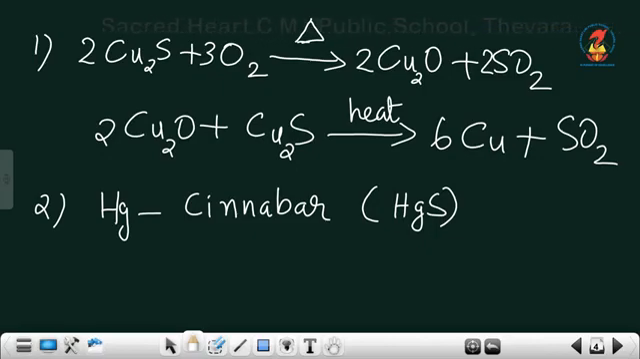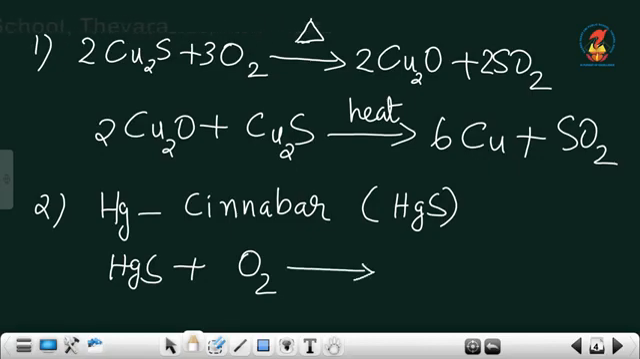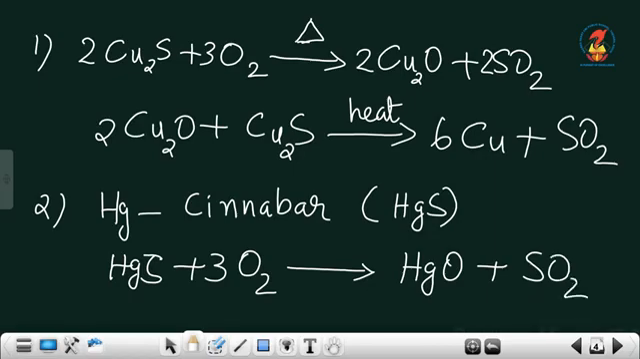First of all, again we are heating that cinnabar or mercuric sulfide in the presence of oxygen. Excess of oxygen we are using for heating that mercuric sulfide or cinnabar. So in excess of oxygen we are heating that mercuric sulfide. At that time it will be converted into mercuric oxide and sulfur dioxide. On heating that cinnabar in excess of oxygen, mercuric oxide and sulfur dioxide will be produced there, and here